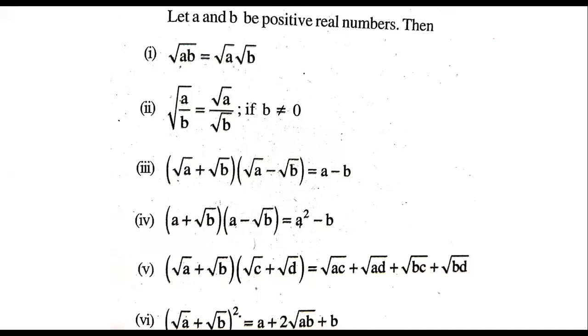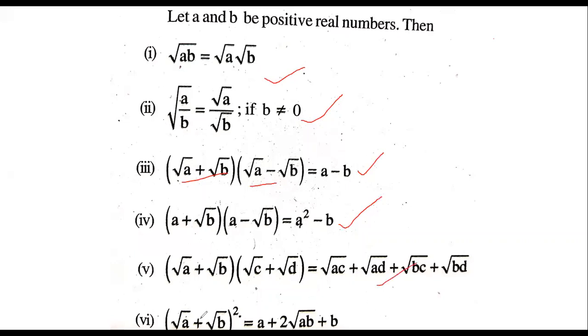Now, don't copy, children. Already we discussed all, the first formula and the second. I explained from the first. This is over. First one we discussed: root a, b is root a, root b separate. Root a by b, separate roots also we can write. a plus b into a minus b is a square minus b square. This is the final answer. A plus root b, I explained all this.